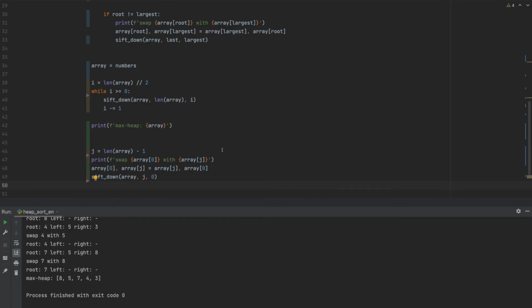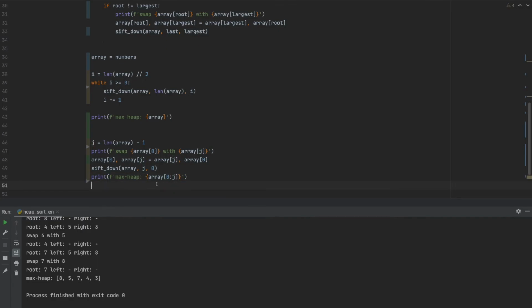And here at the end, we will also have a max heap. But this time, it's a shorter list, so it's just between the first element and j. So we get back the max heap after this. Let's take a look at what we are doing. Yes, indeed. Here's the first max heap. We swap 8 with 3, and then we get the max heap for the one shorter list.